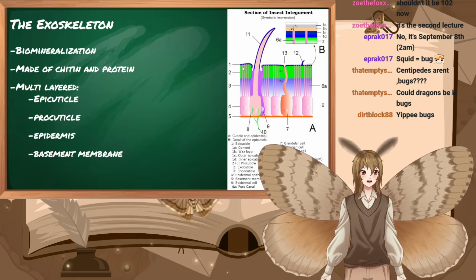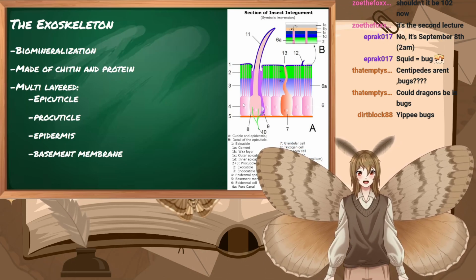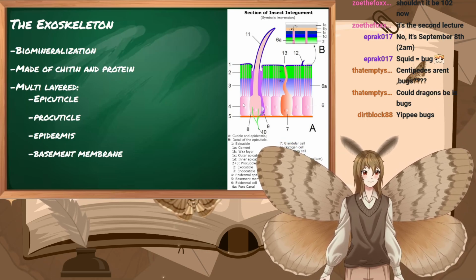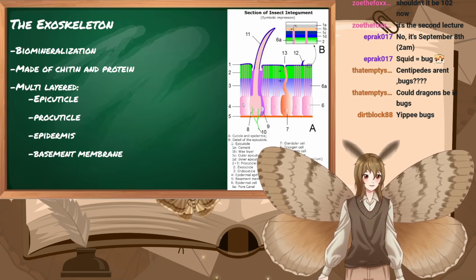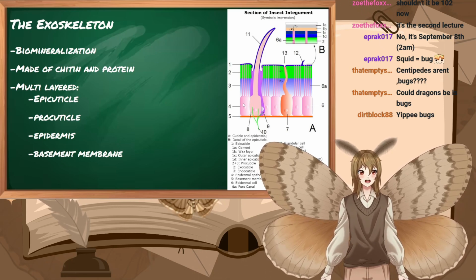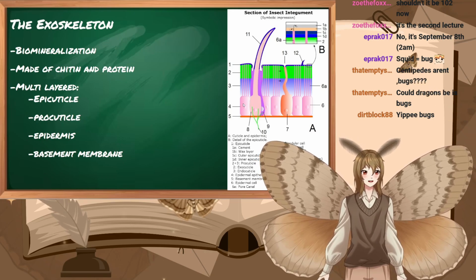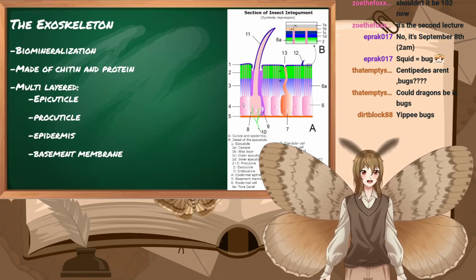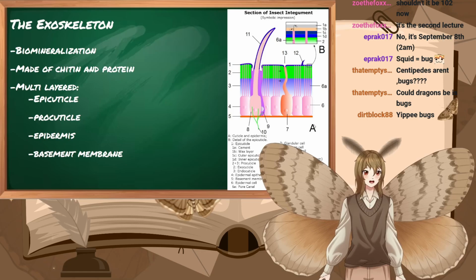Next up we have the epidermis, which is very much like mammal skin. And you can kind of imagine it as what's under your skin when you have a scab or something. It is rather thick, but it is not very strong. And then we have the basement membrane, also known as the base membrane, which provides cell and tissue support and acts as a platform for complex signaling. That is kind of where most of the internal stuff happens because it's the most inner layer of it.